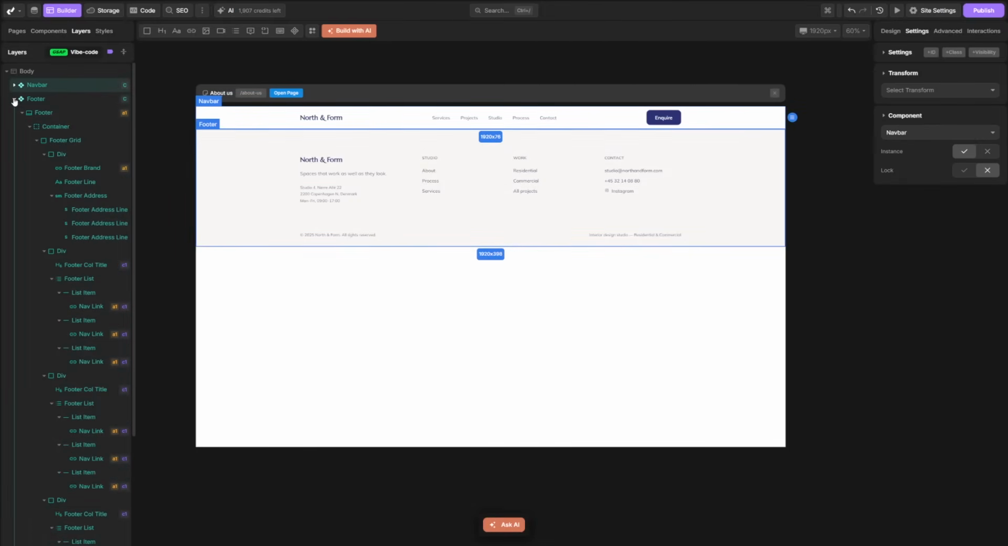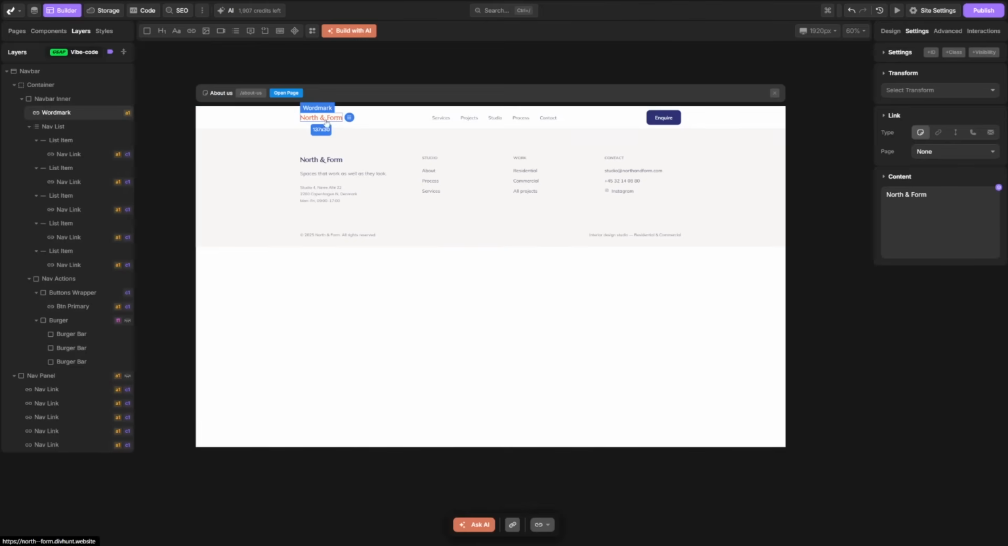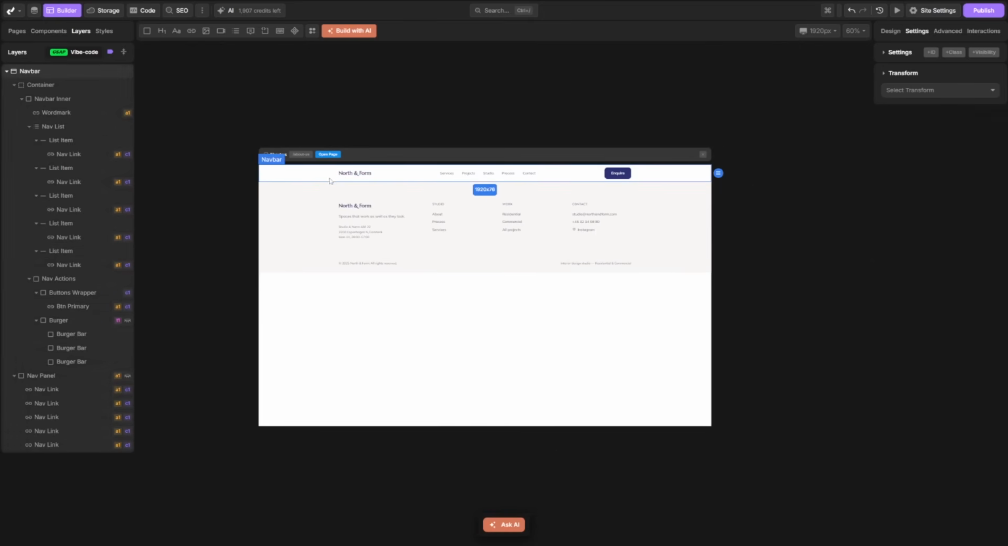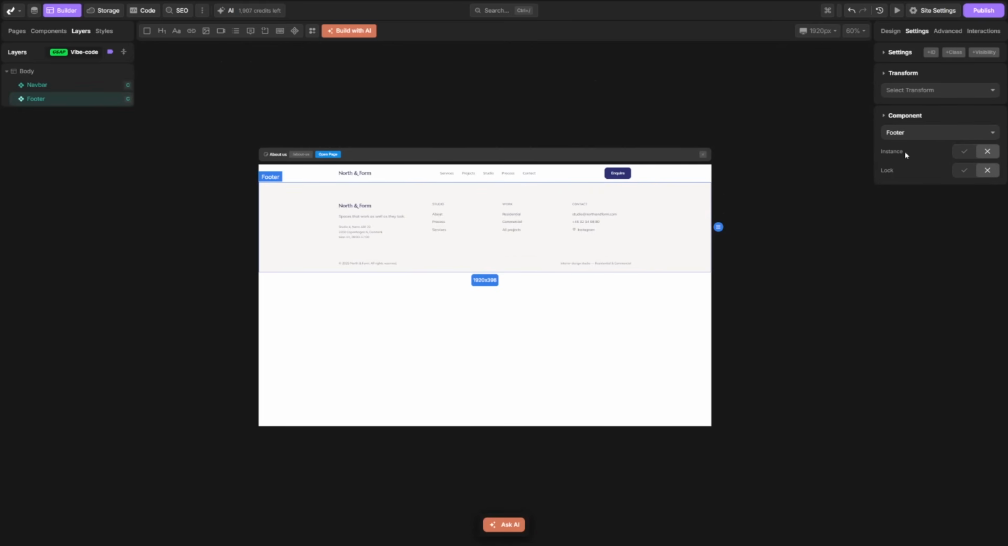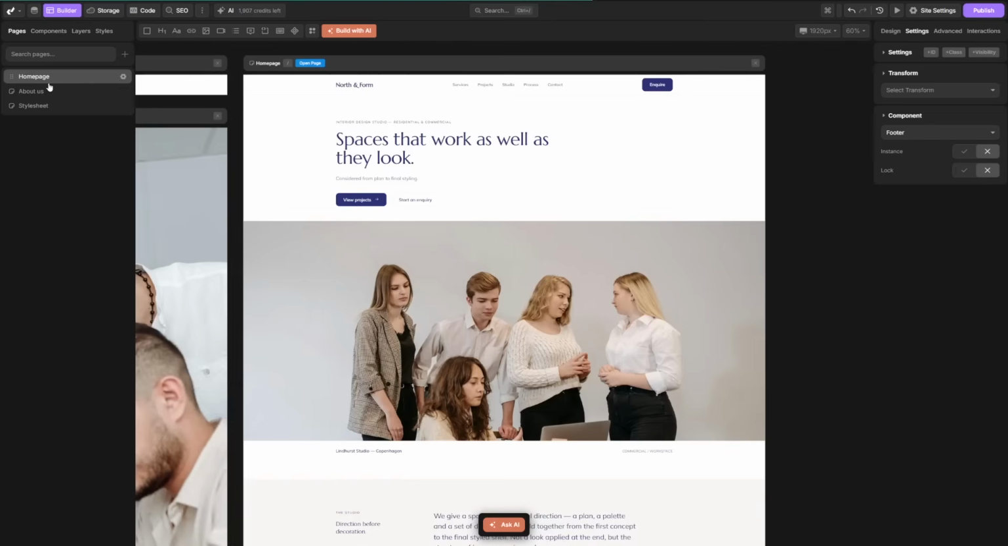And in the layers, click this layer like navbar, and in the settings panel here, turn off instance mode for navbars. This means that if I edit this component here, no matter what I edit, like a text or a link or anything, it is going to edit it everywhere else. Same for the footer. I want footer to be no instance, and I will explain to you in a second what instance means. If I go to the home page now,